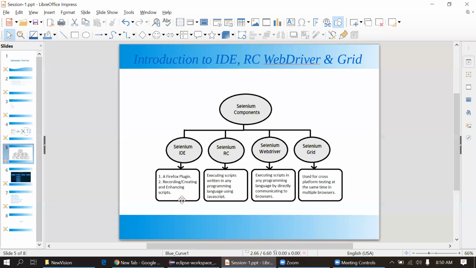So this is all about the IDE, integrated development environment. Then coming to Selenium RC. With Selenium RC, we need a server to execute our actual Selenium script. We are not using this right now; we are using Selenium WebDriver currently, and Selenium WebDriver also includes the Selenium RC code. So if you are working with Selenium WebDriver, we don't have to worry about Selenium RC, because execution in Selenium RC is very slow. It uses a server, and it takes time to execute the script because everything is routed through the server.